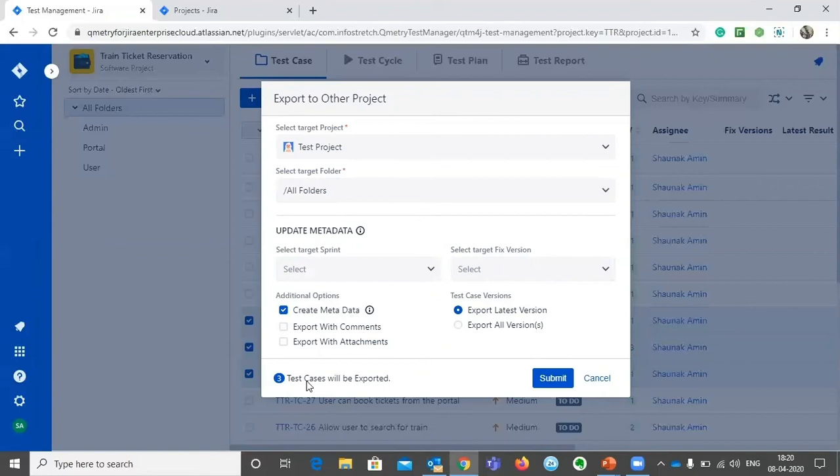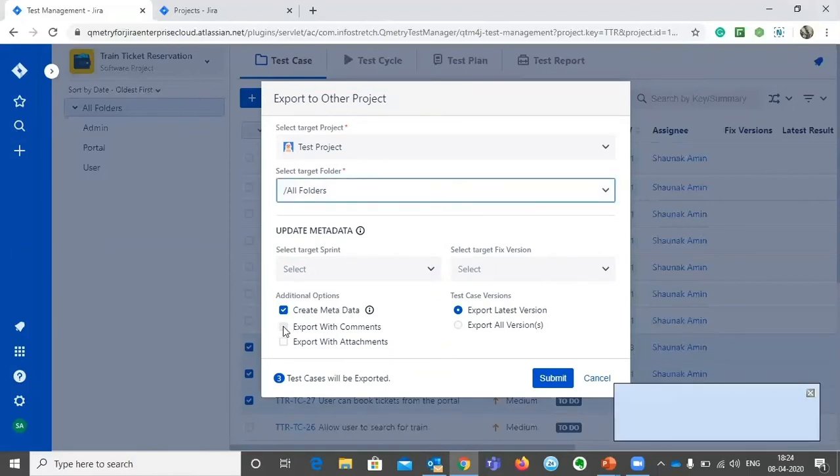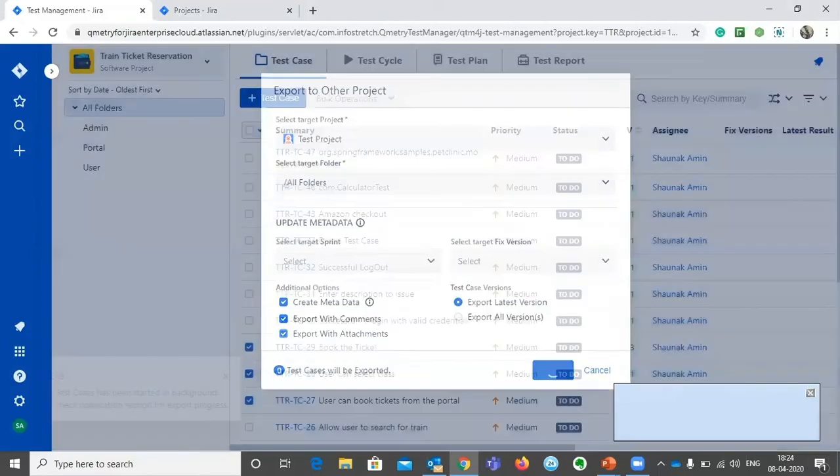And for custom fields, users should have access to modify or add custom fields, and only then would the user be able to migrate custom fields to another project. And if the metadata option is not selected, then these fields will be automatically ignored. Then you can also export the comments if you want to, and also the attachments. And once you click on submit, you'll be able to see that it has been automatically